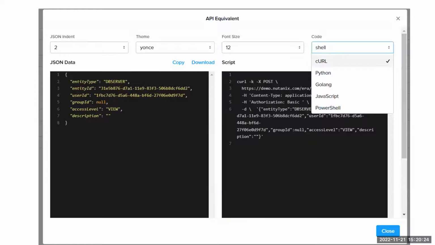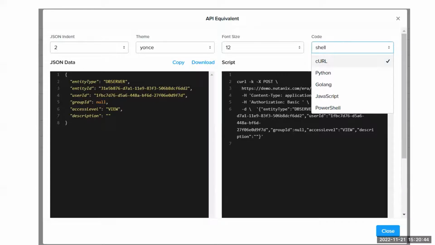Whatever you do in Era, you can do it either graphically or through CLI or the API equivalent. Whenever you do a task like cloning, deploying a database, or patching, there is an API equivalent option where you can copy this particular code.